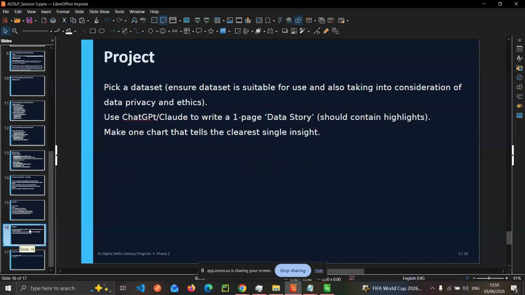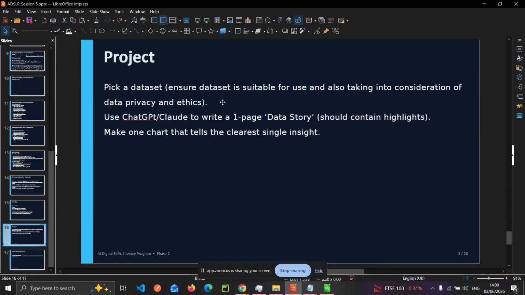As for projects, I'm sorry that for the past session we didn't have any project. Very sorry about that. So for this week's project, pick a data set, ensure the data set is suitable for use, and take into consideration data privacy and ethics.